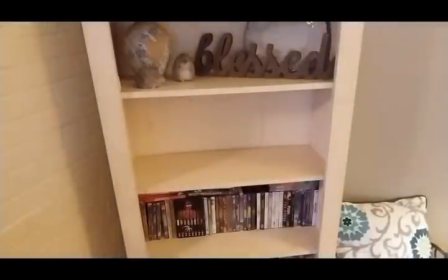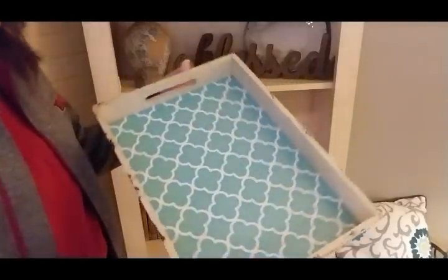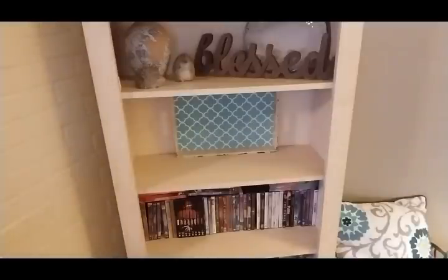Let me move you guys down. For this shelf, I'm going to have to walk kind of around you guys. I have this little tray with the blue in it. It's kind of in the distressed cream color. And I've had this for years. It's an old little tray. I think it came from Michael's when I was visiting Michigan years and years ago. And then in front of that,